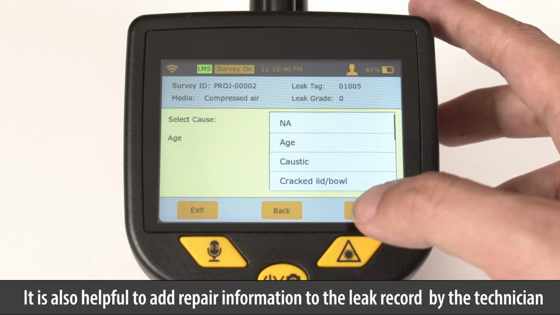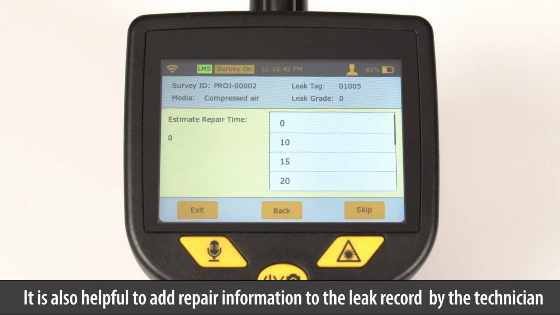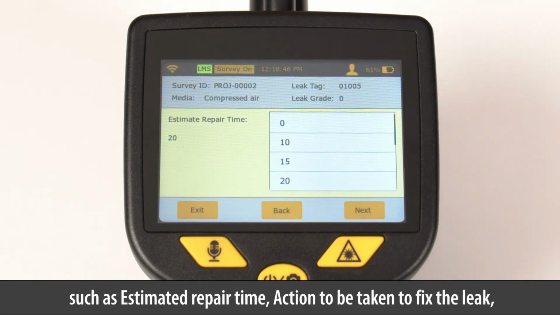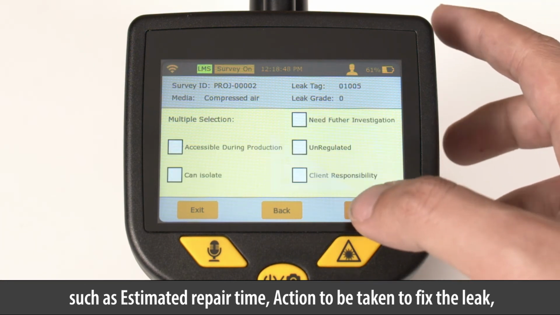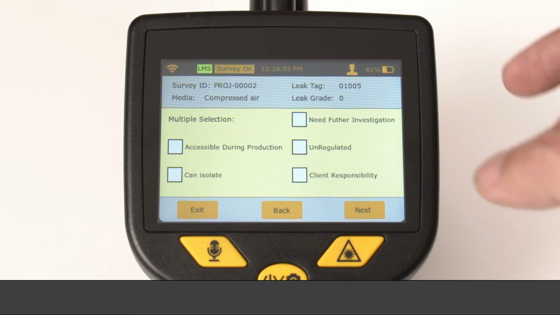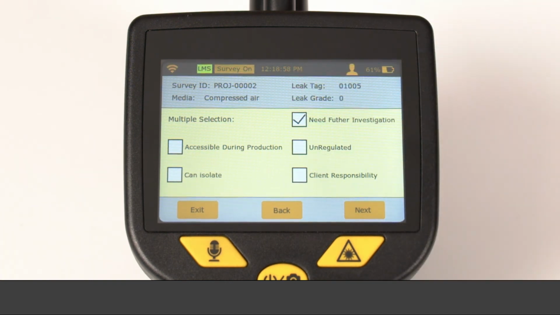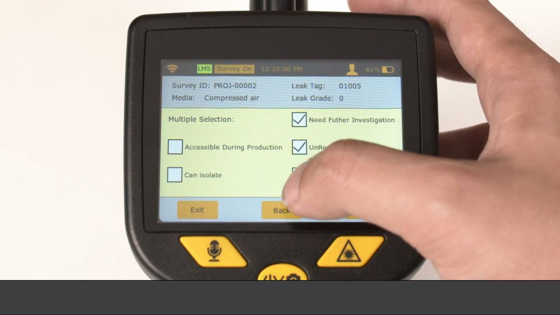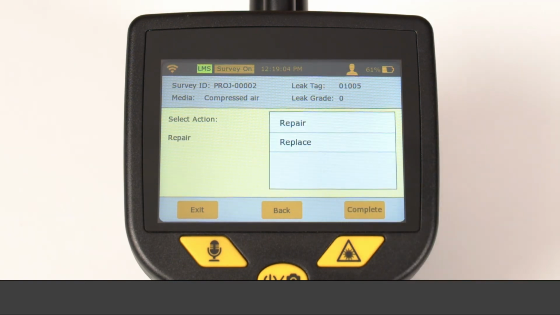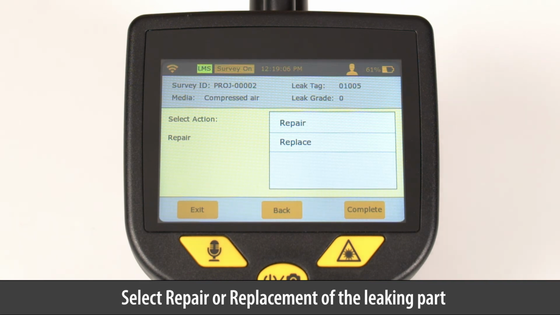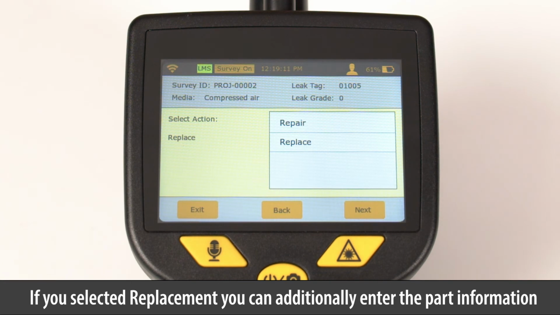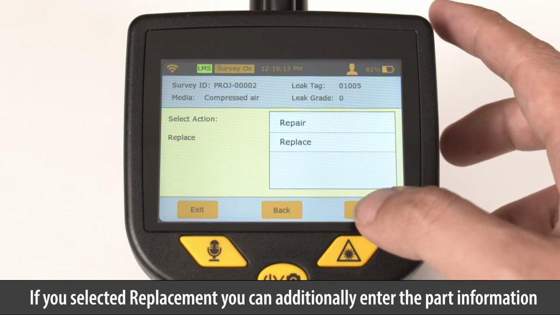It is also helpful to add repair information to the leak record by the technician, such as estimated repair time, action to be taken to fix the leak. Select repair or replacement of the leaking part. If you select replacement, you can additionally enter the part information,